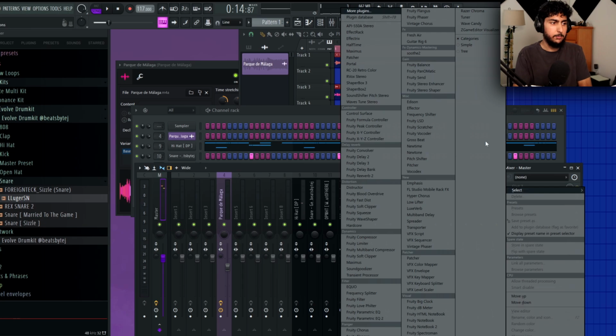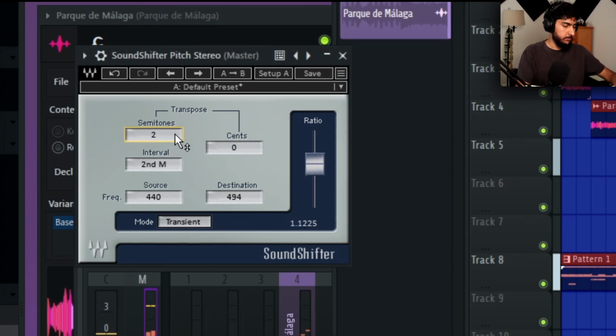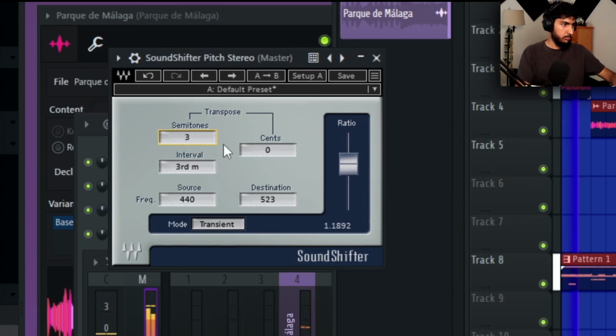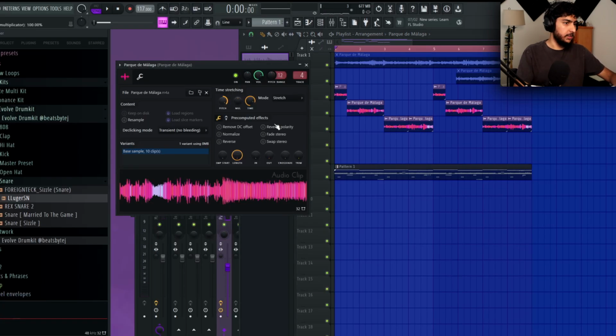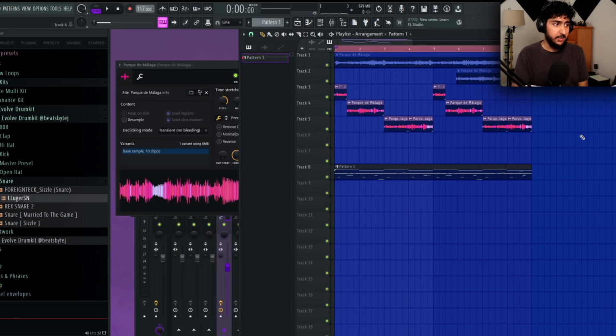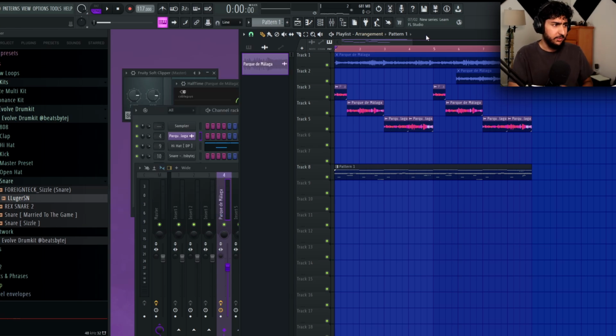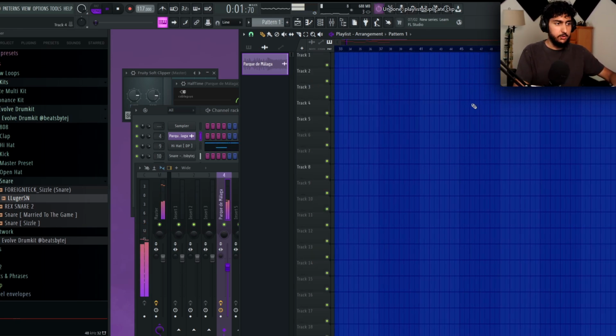I think it's almost done. Only thing I want to do now is figure out if I want to change the key. Alright, I think I'm gonna pitch it up 2 half steps. So go here, pitch this up to plus 900, and I'll move these 808s up by 2. I know my voice is sounding kind of shot. I got sick on the way back. My voice is raspy. I can kind of feel it when I'm speaking, but hopefully it's not shot by the end of the video. So I have kind of the general basis for the beat right now,